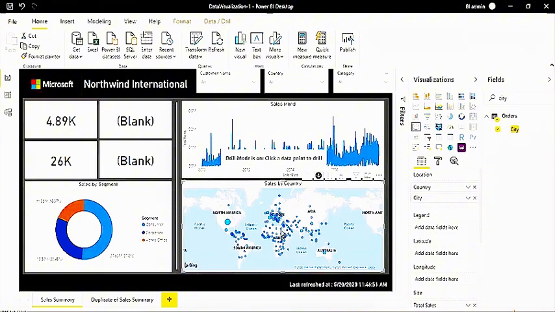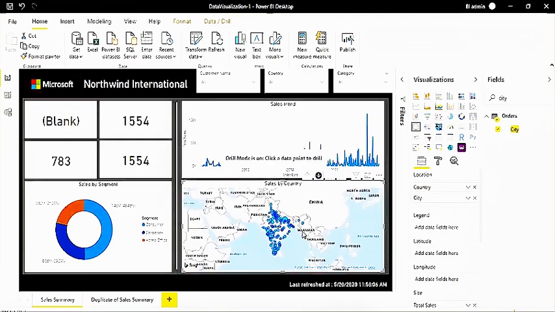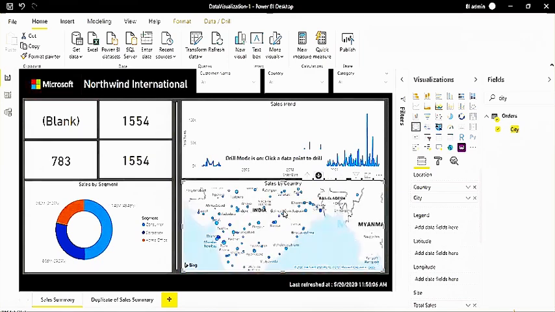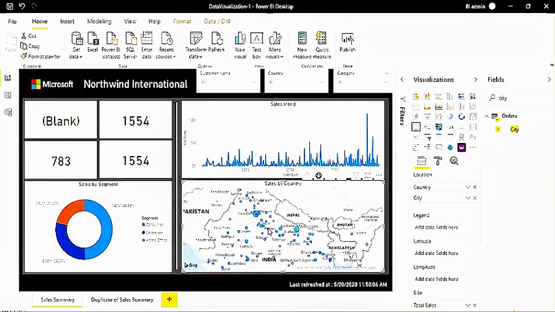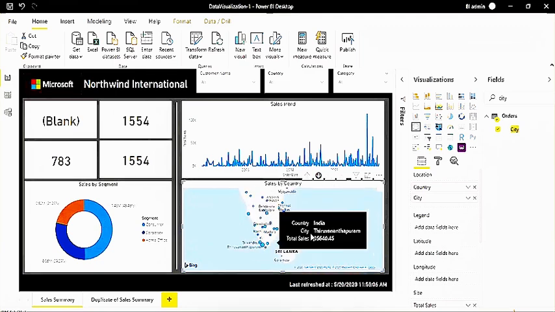In the same way, let's say if you want to see this data for India, when I click on this India location, it will show all the cities as small points. You can zoom in, just scroll, and here you can see the maximum sales in India. You can see the big bubble here in Delhi, and one big bubble here in Gorakhpur. Some of the big bubbles you can see here in, let's say, Pune, and like this.